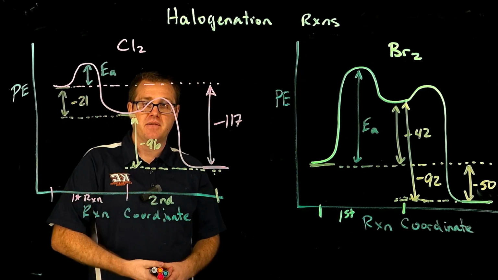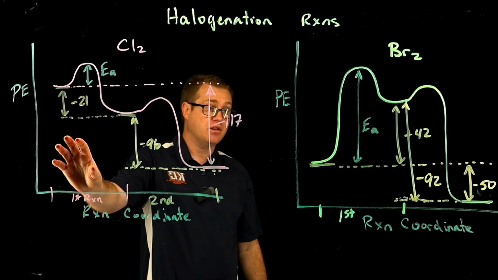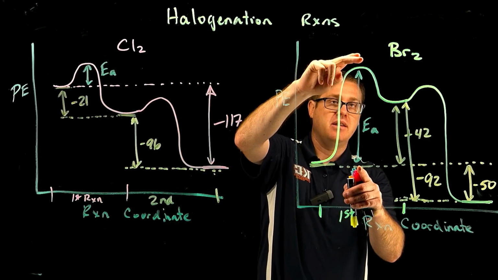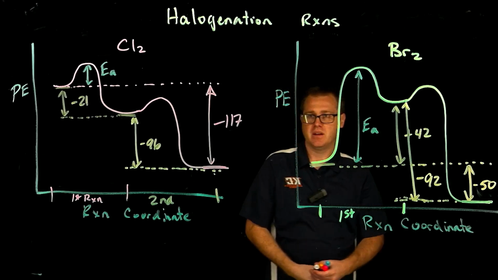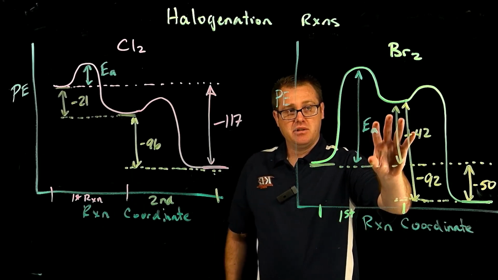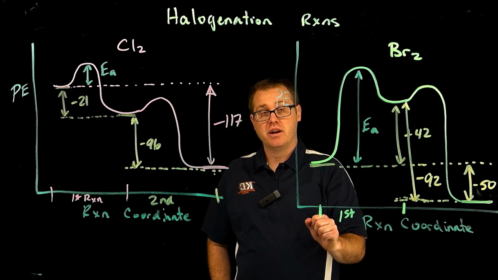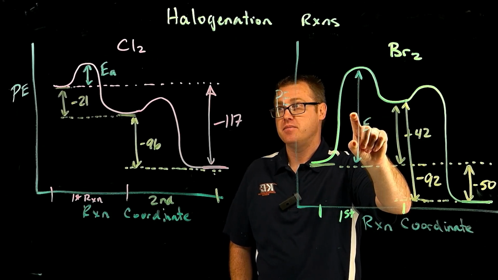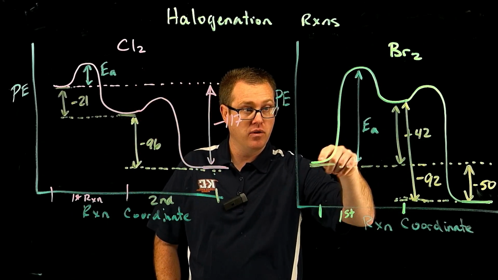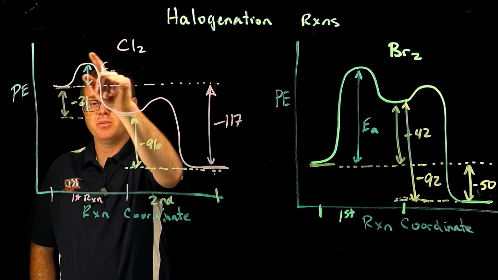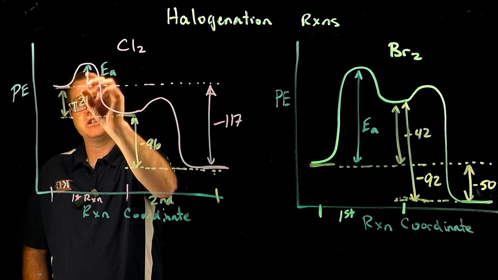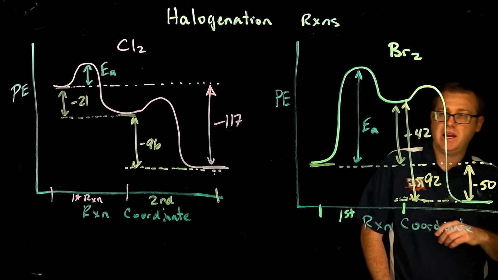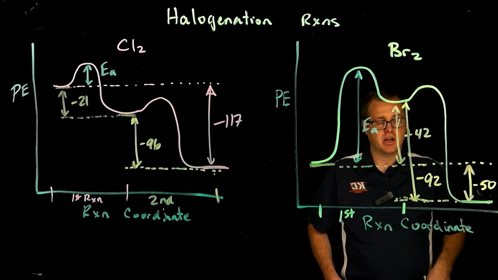So chlorination, based off of kinetics here, is going to be a whole lot faster than bromination because the energy of activation for chlorination is so much smaller than the energy of activation for bromination. So this reaction right here, bromination, does occur. It just occurs more slowly because the first step is the rate determining step, and it takes a long time to get over this hill. This is also the rate determining step, but it's just a smaller hill to climb, so it goes a whole lot faster. So this speed, or the rate at which these reactions occur,